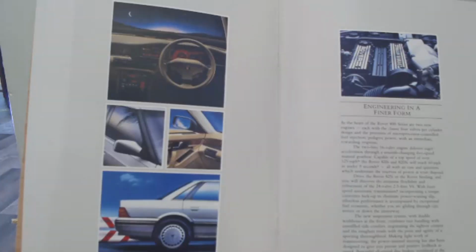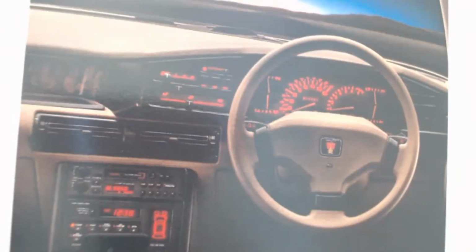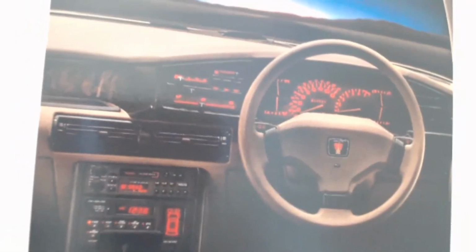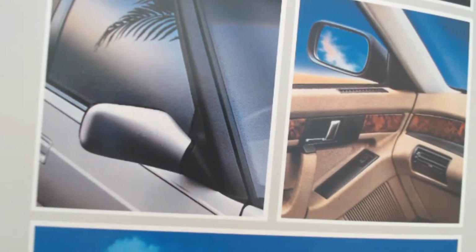Next page, we've got various little images, so we'll zoom in on a few of them. Let me zoom in on that front dash with lots of red, isn't it? It's a very red themed dash, but certainly very well equipped on this particular model. No doubt a high spec model again. I look at the wing mirrors, how they have that aerodynamic shape, and the coefficient I think was 0.32 on this one, so it was a very